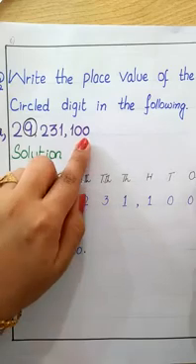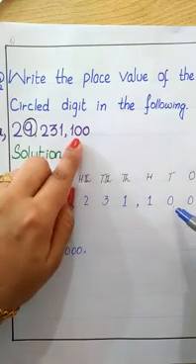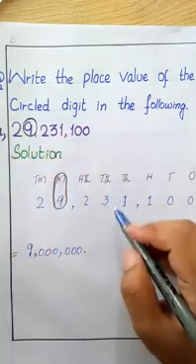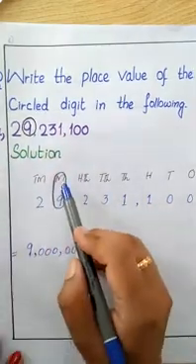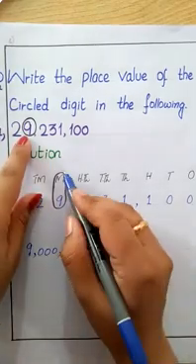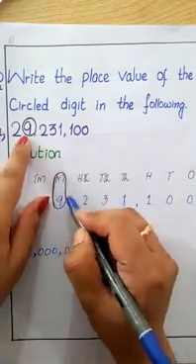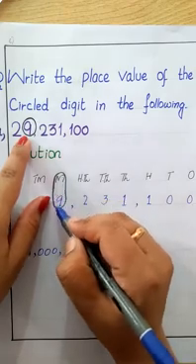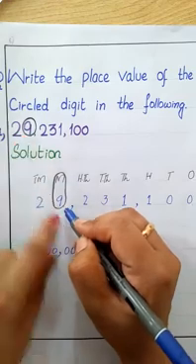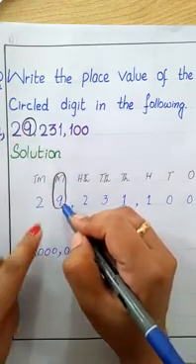Below the ones we have 0. Tens we again have 0, hundreds we have 1, thousands 1, and so on. In the millions we have 9. Circle the 9 with the place value. जो उसकी प्लेसमेंट है उसी के साथ उसको आपने सर्कल कर देना है. जो क्वेश्चन में नंबर सर्कल था वही नंबर हमने यहाँ पर सर्कल किया.